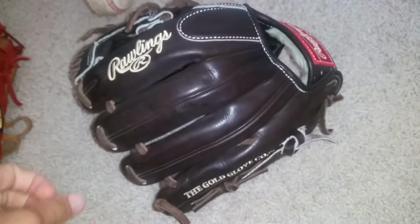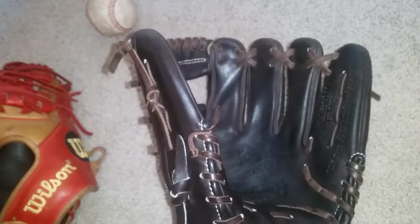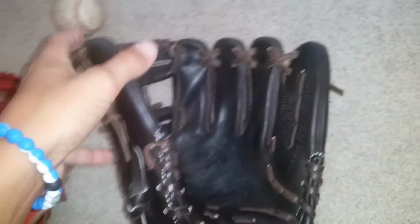Because of the straighter fingers. It just helps me. I am more of a fan of a flatter glove. But I do like the rolled fingers. It definitely does look a lot nicer. So does a dual welting. I just think it looks cooler. But either way,